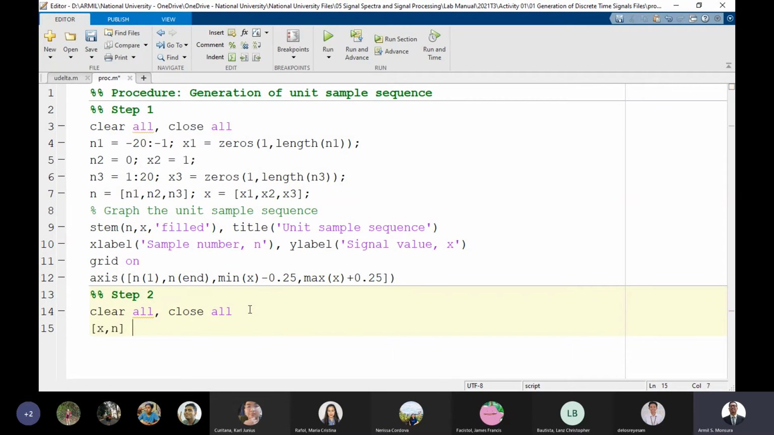Okay? So sige. We'll have xn equals u delta 0, negative 20, 20. So which means this is a unit sample sequence for between negative 20, okay, and positive 20. Okay, then natin siya, lagyan natin ng semicolon. And i-plot natin siya,